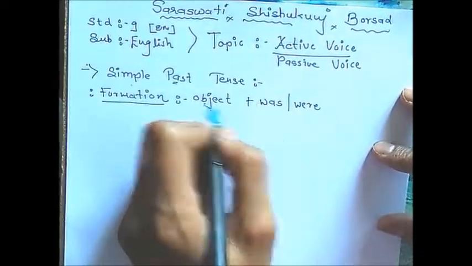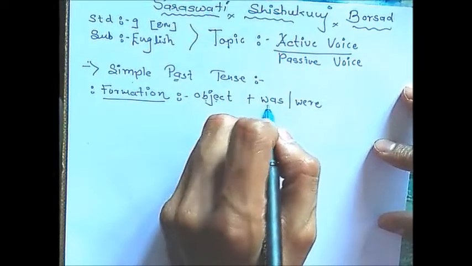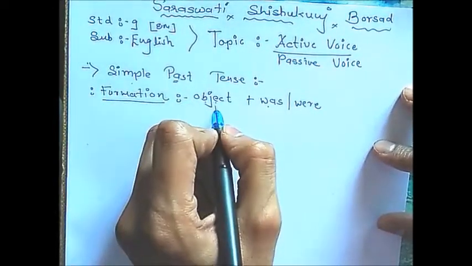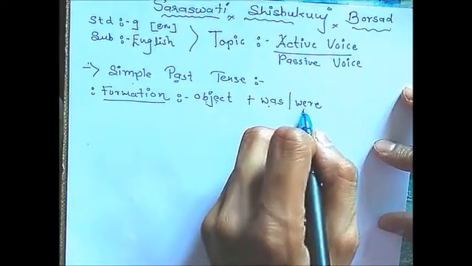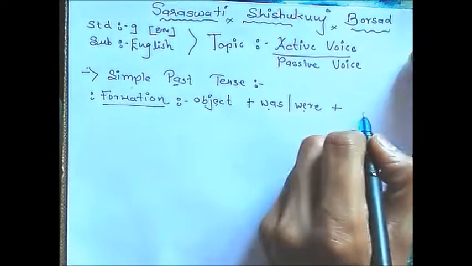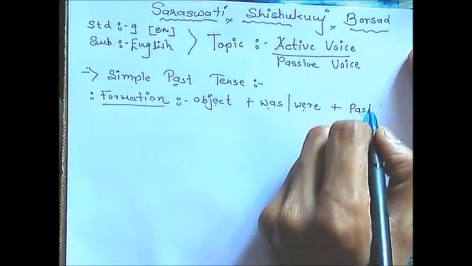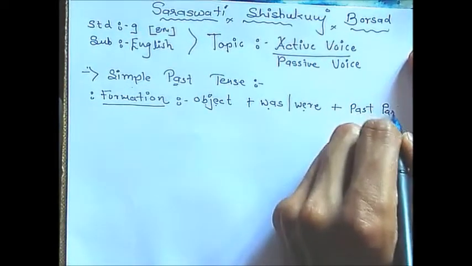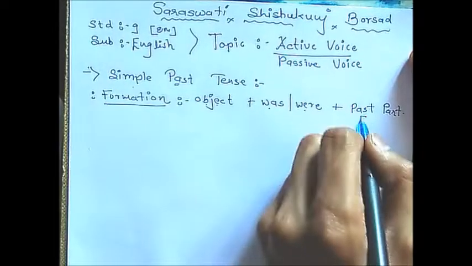If your object is singular, you have to put was. If your object is plural, you have to put were, plus the past participle of the verb form or V3 form,